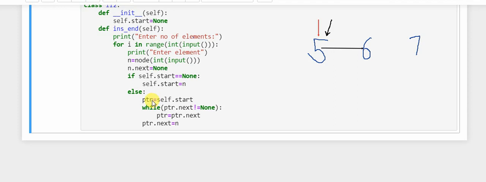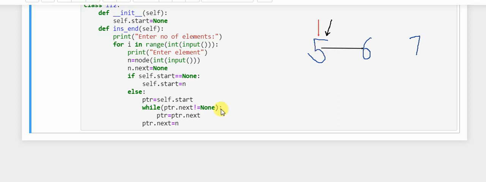So ptr is going to point at the first node again, and here the while loop is going to run. So it says here that ptr.next not equal to none. So our ptr is pointing here, and ptr.next, that is the address part of this node, is connected with this node. So ptr.next is not equal to none.